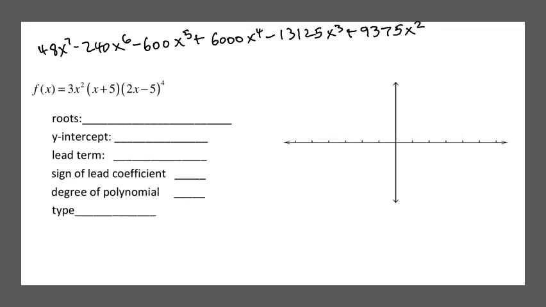Of course, we wouldn't want to have to multiply this out, so there has to be an easier way for us to determine what the leading